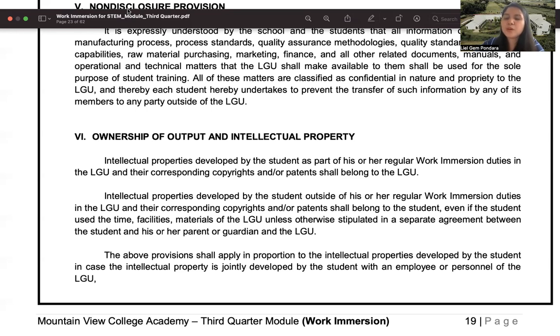For example, before in the city engineer's office, they were asked to make a design of the new city hall. So since that was a part of the work immersion program, the output was endorsed to the city engineer's office after the work immersion program. So we could not claim any property rights of that. MVC cannot have any property rights of that, neither the student, because it happened during the work immersion program.